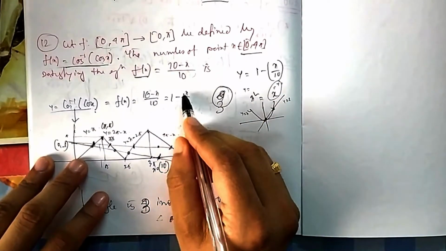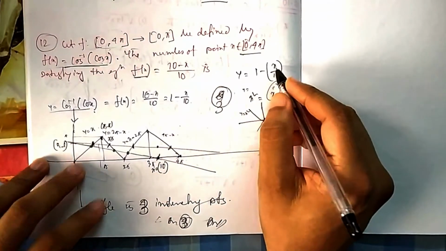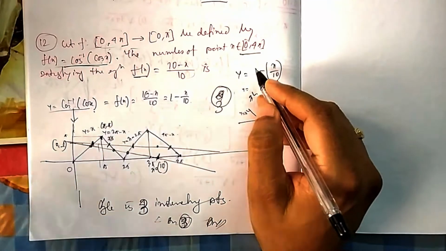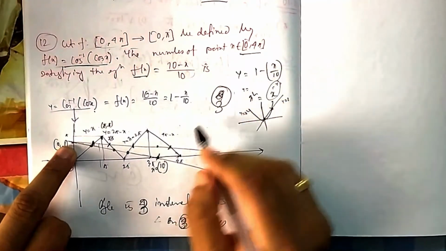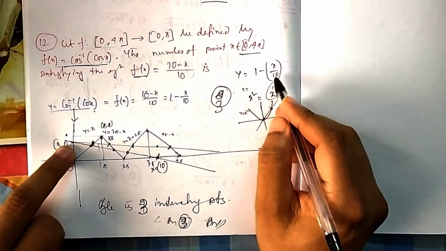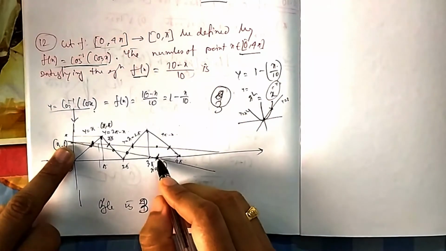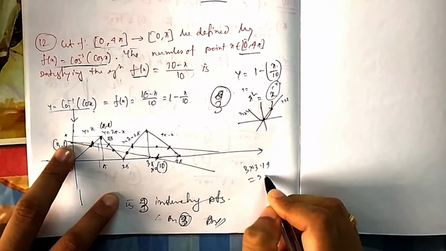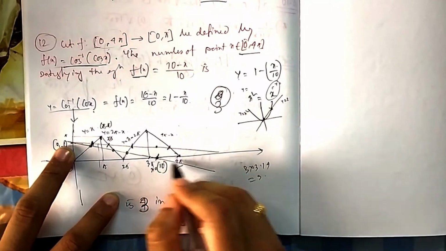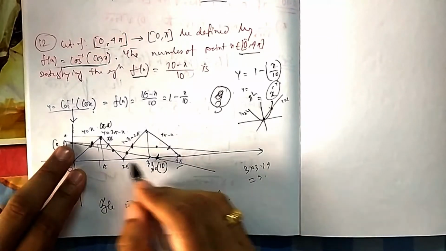So what is the slope of this line? This line is passing through, if you put 2 points, if you put x equal to 0, then y equal to 1. So obviously 0, 1. You can see it is y equal to mx plus c also, and your slope is 1 by 10. Or you can put x equal to 10, then y equal to 0. So x equal to 10 will be where? 3 pi, so 3 into 3.14, so 9 point something. 4 pi will be greater than 12. So it is in between 3 pi and 4 pi. So somewhere here is 10. If you join these 2 points, you get this line.